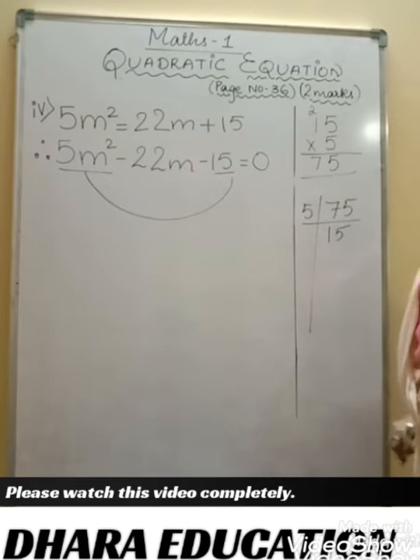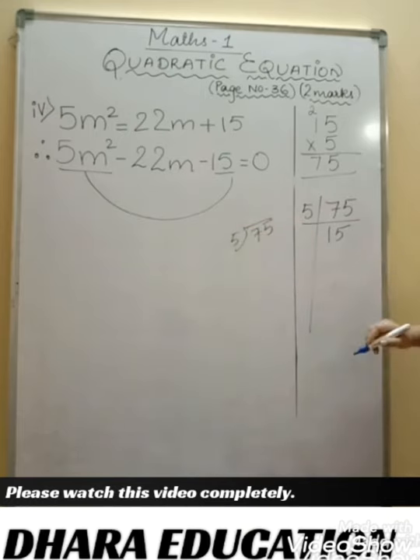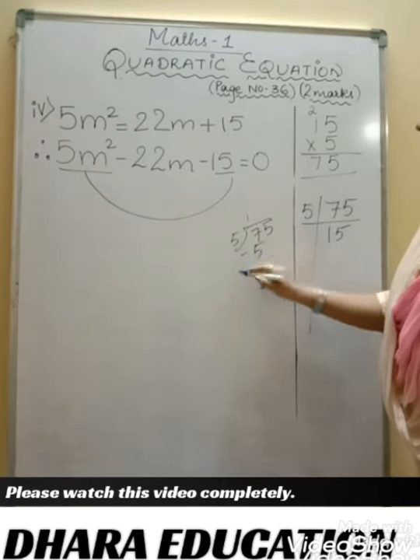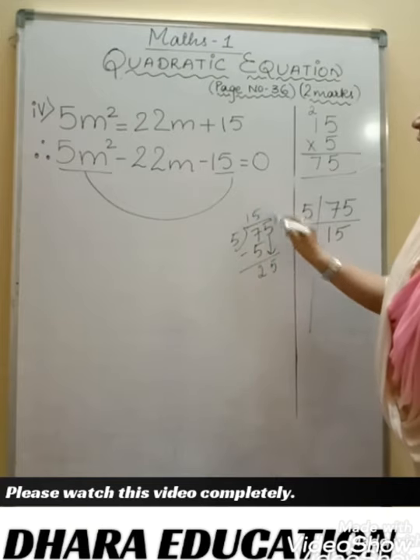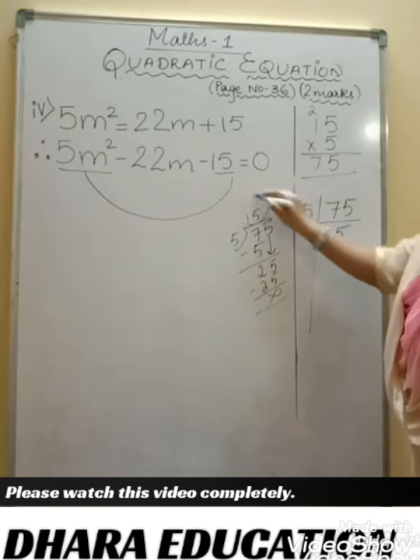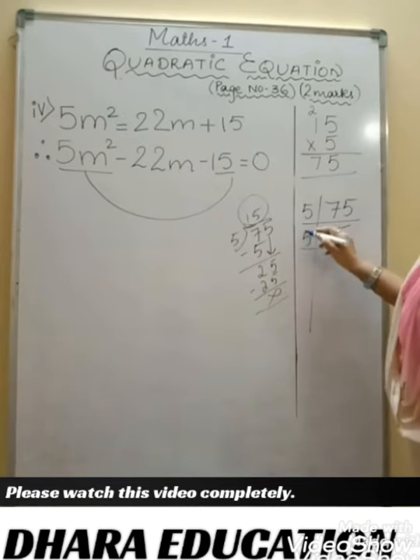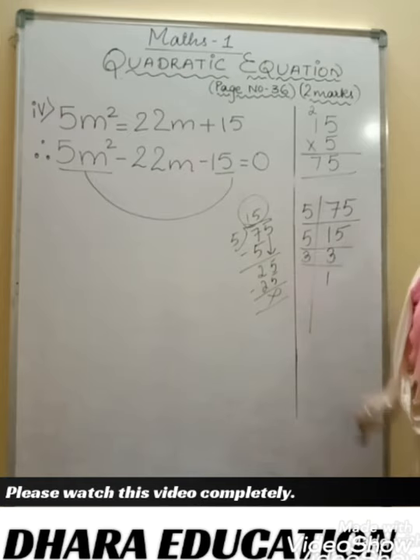So how have I written 15 here? Those who don't understand how to make it, just make it very easy. Divide things by 5. 5 1s are 5. 2. This 5 will come down. 5 5s are 25. So we are getting 15, which I have written here. Then after this it is very easy. 5 3s are 15 and 3 1s are 3.